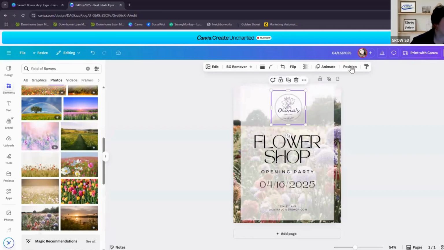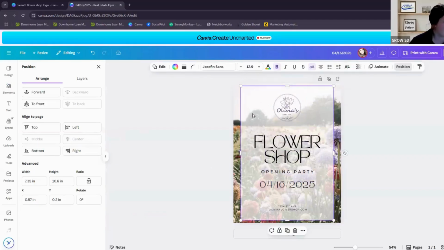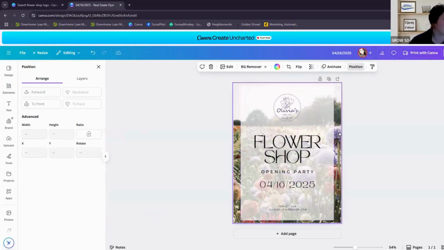And now I want to make sure it's in the middle because OCD. And I'm going to go in here and click on position and then center. And so I know it's exactly in the middle. So now I think that this is great, but I want to print it on